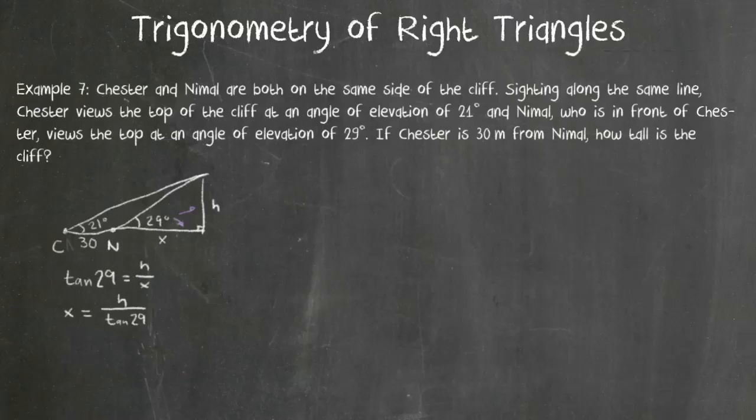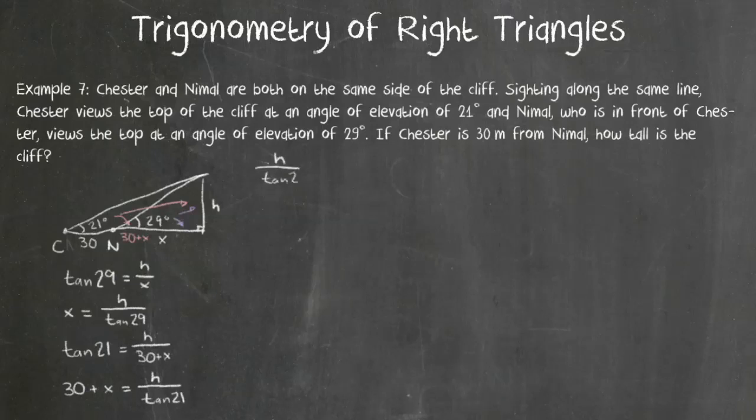I now look at my larger triangle. 21 is my reference angle. The side adjacent to it is going to be 30 plus x. I'm going to add those two measures together. Okay, and then again I have my opposite side h. So again I'll use tangent. Give me the tangent of 21 degrees equals h over 30 plus x. Okay, very similar to the last question in that we have a system of equations, which again I am going to solve using substitution. Okay, I start by getting x out of the denominator,